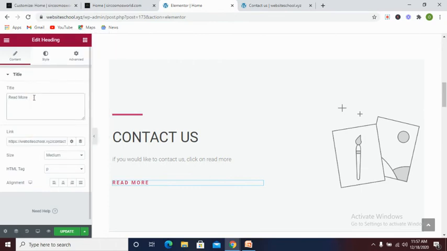You can also edit this. You can write click here, but from our text we've already written read more. So basically we would like to ensure that our information is well coordinated and tallied together. So after pasting this link, all you need to do is to update this. And now after updating,